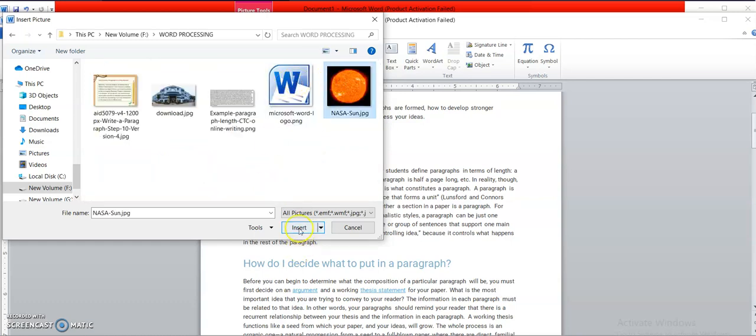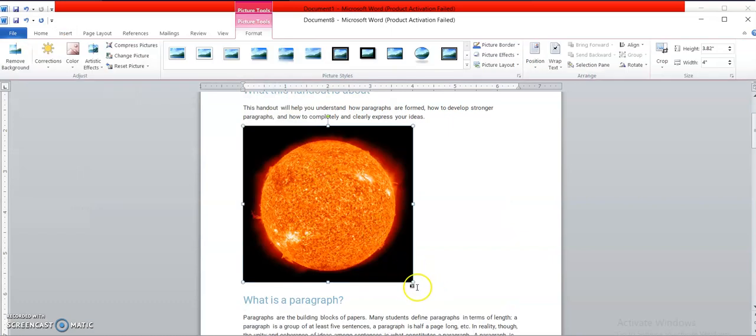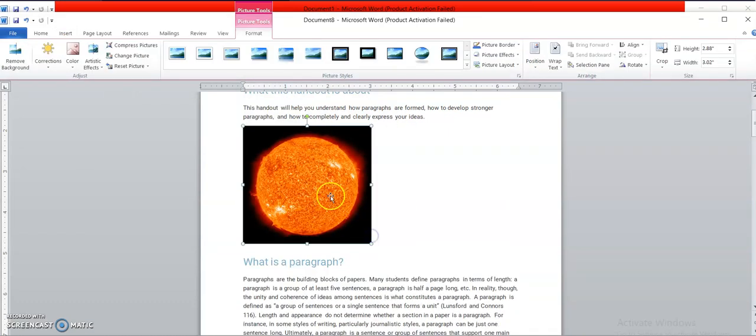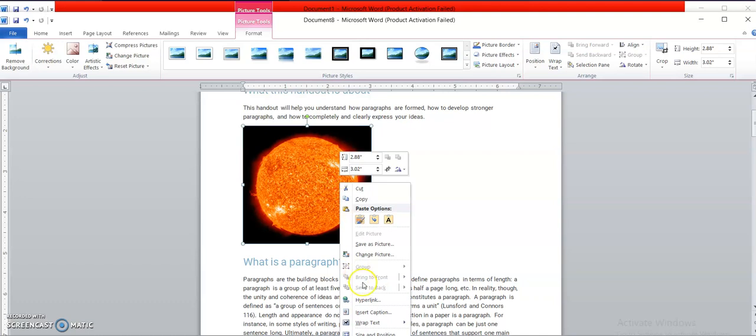This is a picture. If I want to insert this picture, and side by side I want the text to be presented on the right hand side, what I will do is click on the picture.